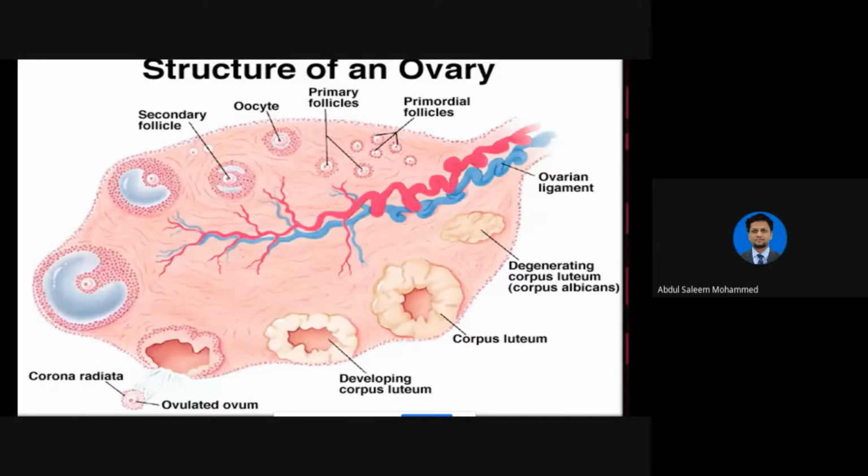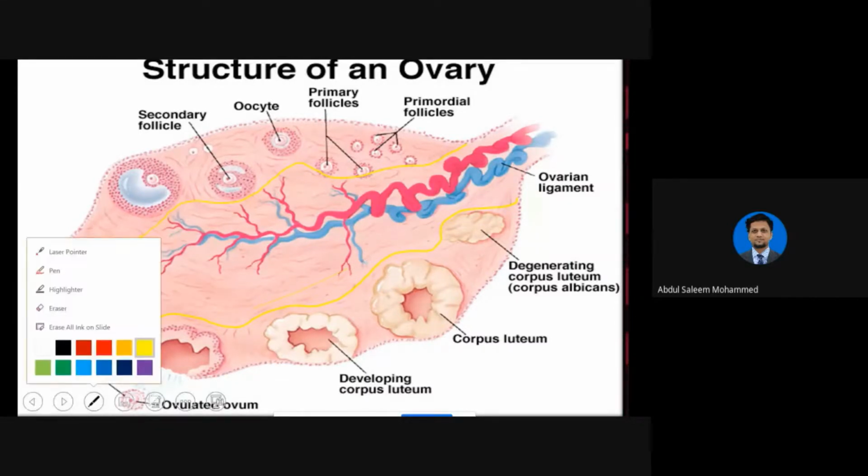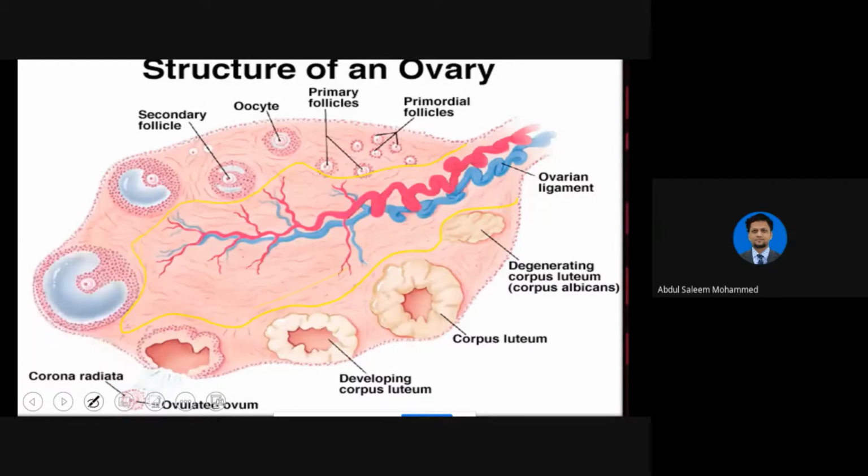So here the section shows the peripheral region. So here we can see the peripheral region. I'm marking it with yellow coloration, the peripheral, and you can find the central region. Now the central region has again two different portions. What is that central region known as? The central region is known as the stroma. Here I mark the central portion. Already I have marked it with yellow coloration. This complete internal portion is known as stroma.